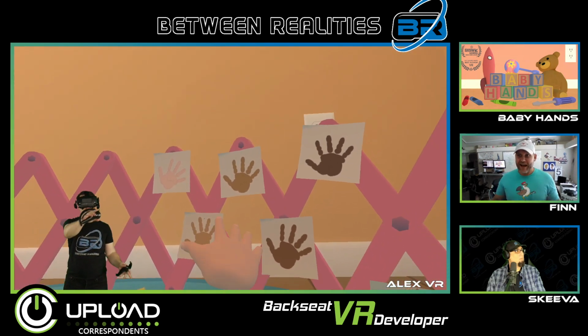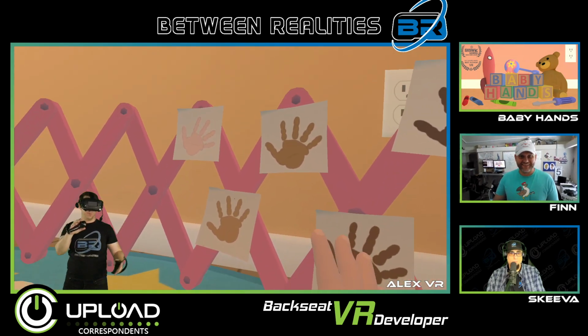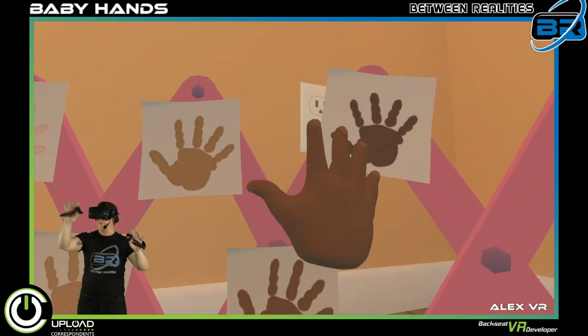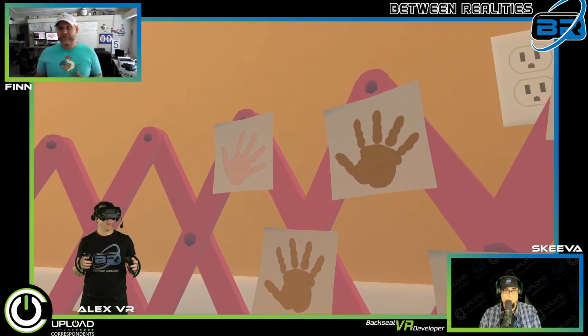And this is a nice, happy little feature here, with how it lets everybody get the hands that they feel closest represents them right out the gate. Boom, very first thing you can do. And we have a lot more of these